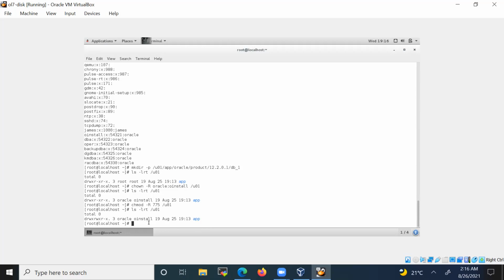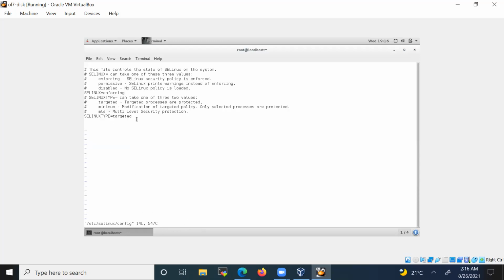Okay, so the next thing we're going to do, we're going to stop SELinux. So to do that, I'm just going to go to the SELinux config. So I'm using the VI editor, the Vim editor. So use I for insert mode. Then SELINUX equals enforcing, let's disable it. Okay, so disabled means no SELinux policy is loaded. Okay, so let's put it at disabled. Okay, so then press escape, then save that. Okay,